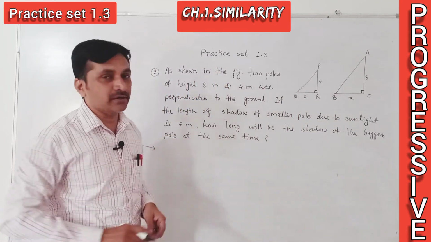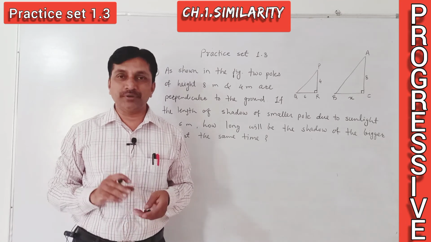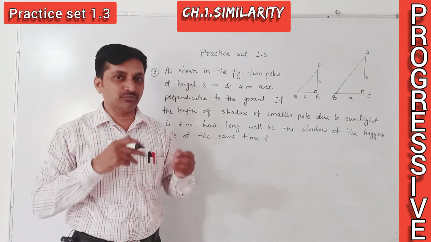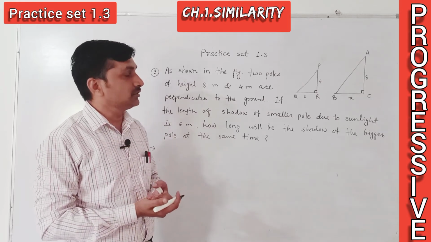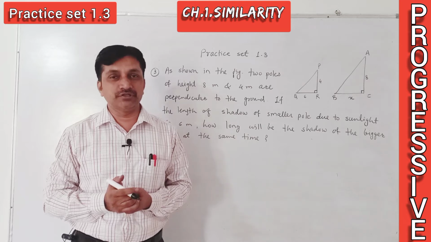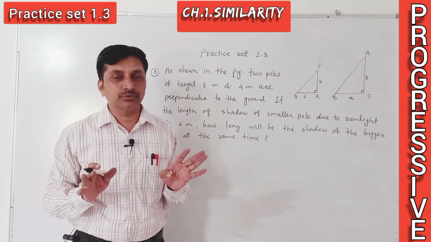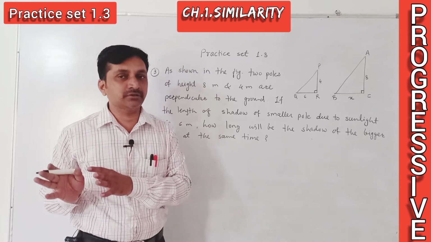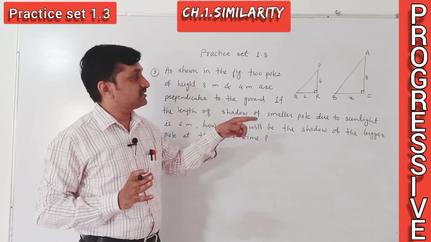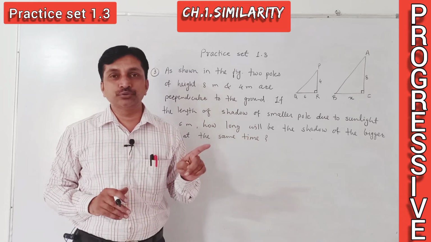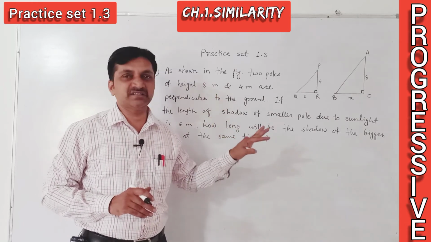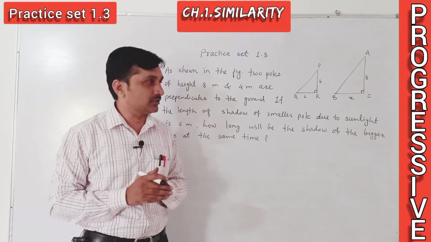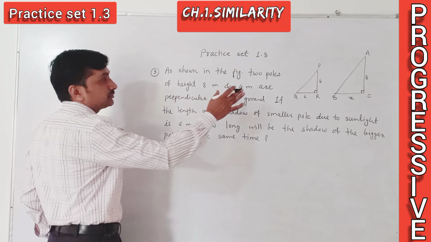Here, as both are right angle triangles, the property of right angle triangles is that when two or more right angle triangles are given, they are always similar to each other. There is no need to prove these triangles are similar. If you want to prove it, we can; there is another method. But here, as these are right angle triangles, there is no need to prove. These are automatically similar by the shadow reckoning technique. We don't want to prove it here.